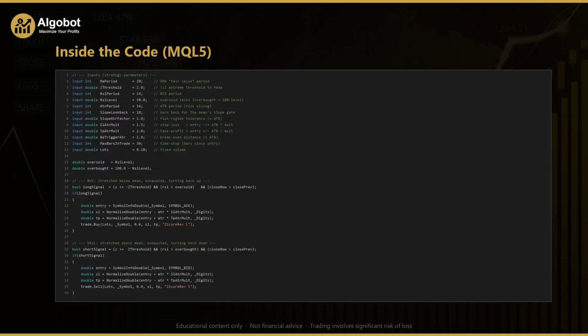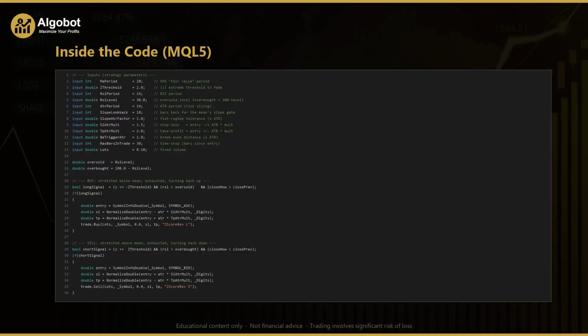The sell block is the exact mirror. The condition short signal is true when the Z-score is at or above the positive threshold, the relative strength index is above overbought, and the current close is below the previous close. The code then reads the bid price as entry, places the stop loss above entry, the take profit below, and